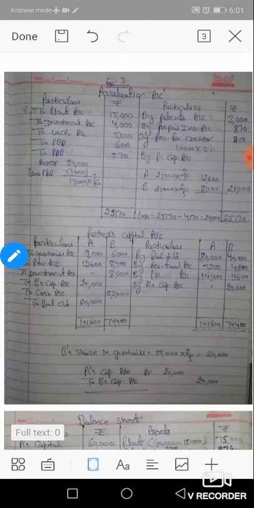Out of insurance which was entirely debited to P&L account, 870 be carried forward as unexpired insurance. The meaning of the line is that during the current year, the total amount of insurance paid by the firm we don't know, but in which 870 is paid for next year. The total amount is not given, but 870 relates to next year.